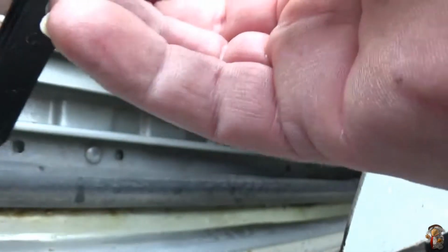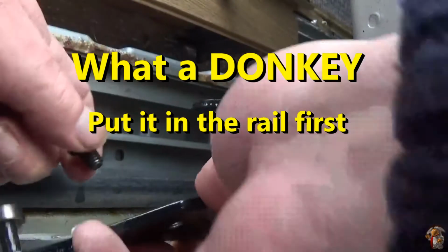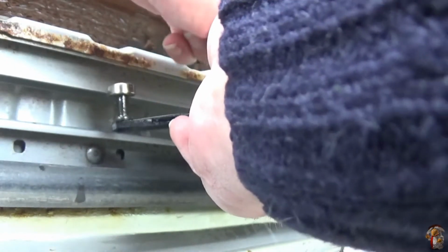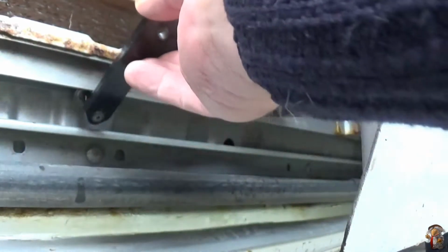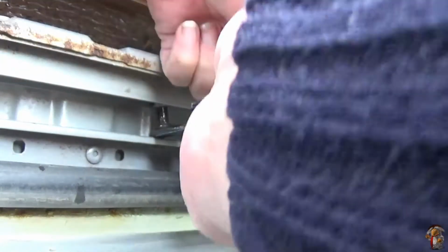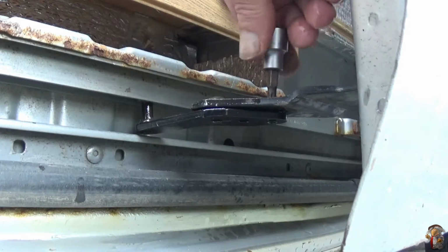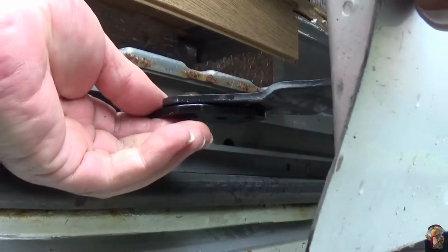One. Two. Put it on there, and it hasn't gone into the van yet. Tip it up and put it in. Hand tight. This is the difficult part. You've got to try and get them